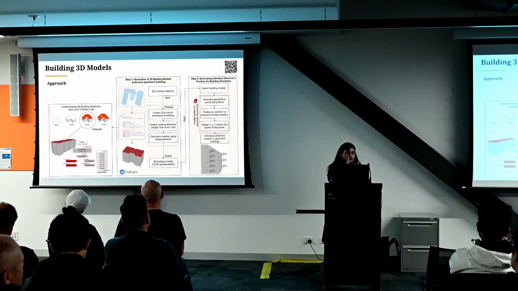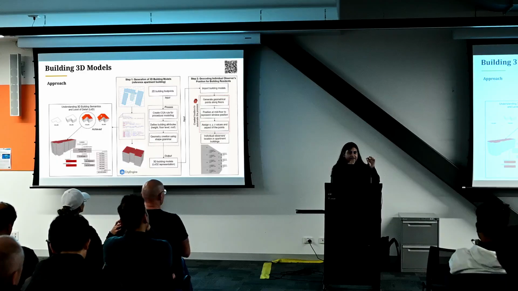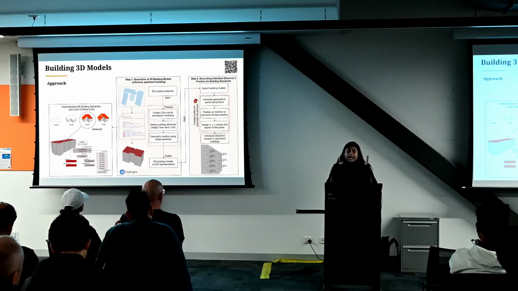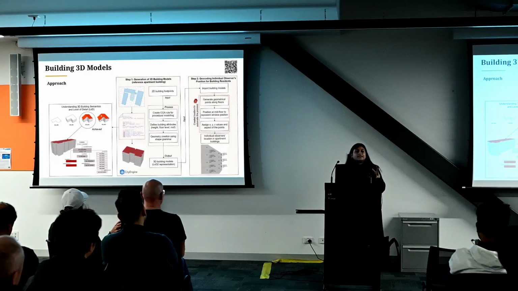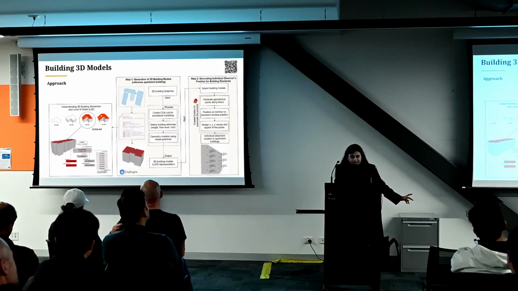And then I manually verified with satellite images and Google imagery to see where the apartment positions are. The Victorian government has a standard spacing of 9 meters within each apartment, so to scale it, I used 9 meters. Every apartment is positioned at 9 meters. And for the building that I focused on for my PhD, I manually cross-checked. Yeah, that is a bit of a difficult part. You have to manually cross-check and omit the apartments which are not there, and position it correctly. And that generated, if you can see, it's very tiny.